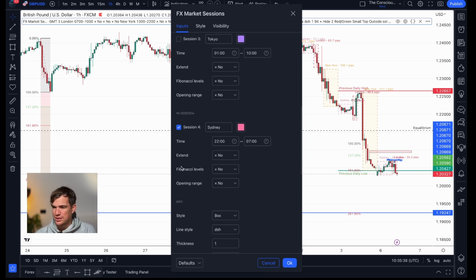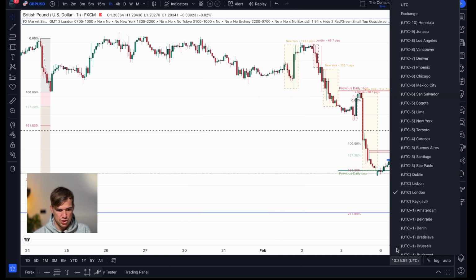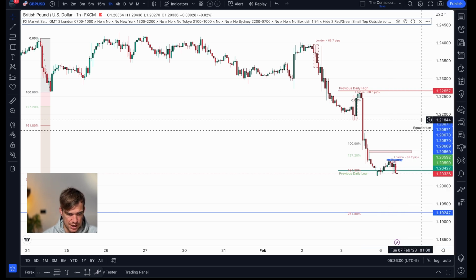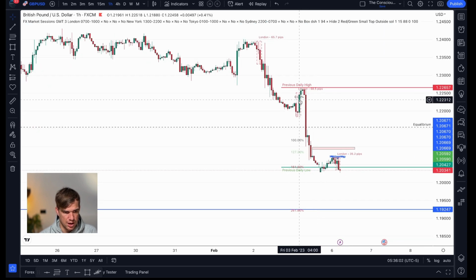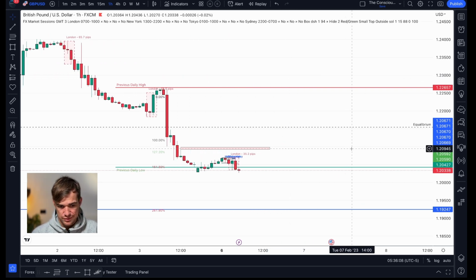I haven't traded the kill zone. I can't remember. I would recommend going and checking out the ICT kill zone videos, and you can YouTube that. They're everywhere, and it will give you that, and you can just put it in there. If you are trading with the New York session, what you can then do is change this time to your New York, like that. And that will give you what time the London kill, from, for instance, is 2 a.m. in America. And I hope that makes sense.